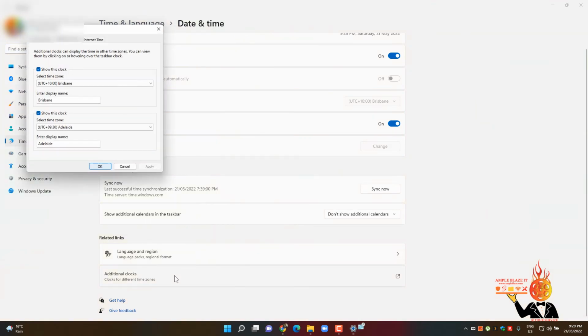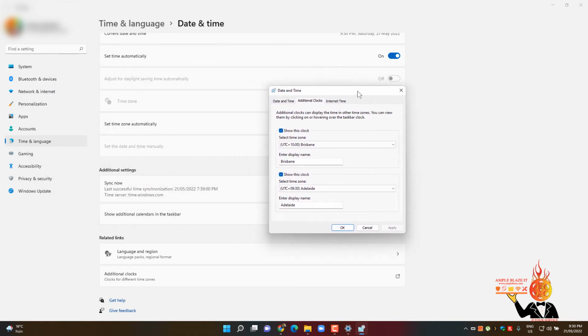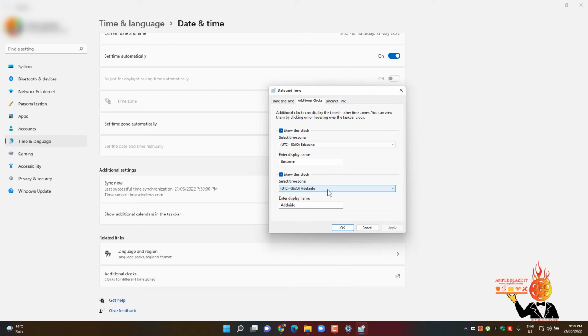Click on that, and then you've got the window for additional clocks popping up, and you check the box here. That's your main clock, so whatever your time is there, give it a name, and then tick the box for the second clock that you want to show. And remember that this is international, so you can choose anywhere in the world. I've chosen Adelaide for the second one, and again give it a name for the second clock and click OK